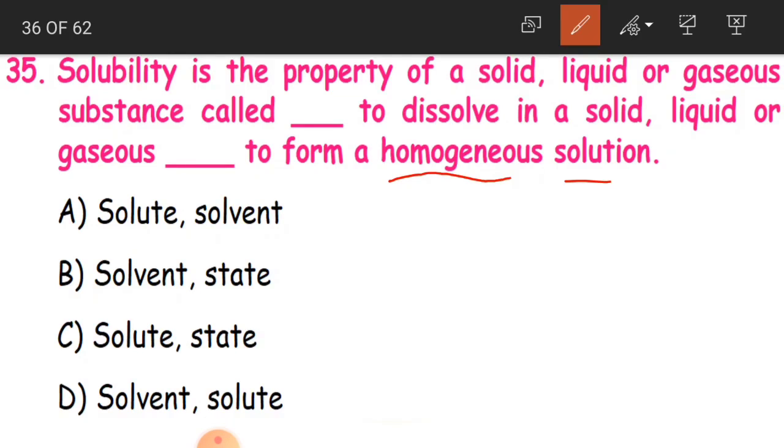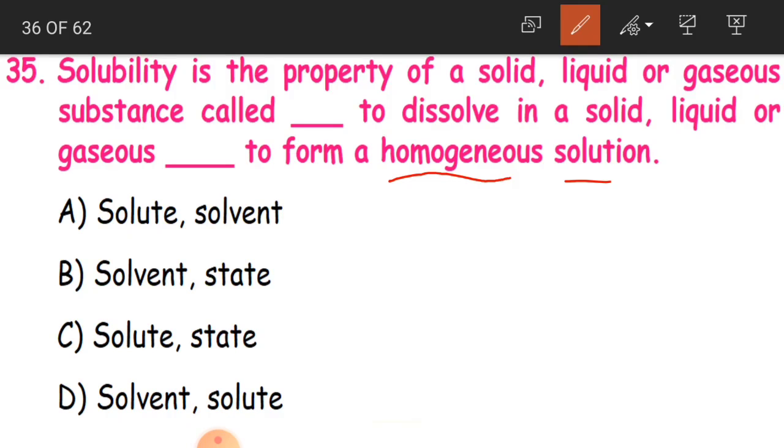Okay, children. So solubility in the sense what? Which are able to dissolve. Okay. So it may be in a solid form, liquid form or a gaseous form. So solubility is the property of a solid, liquid or gaseous substance called dash to dissolve in